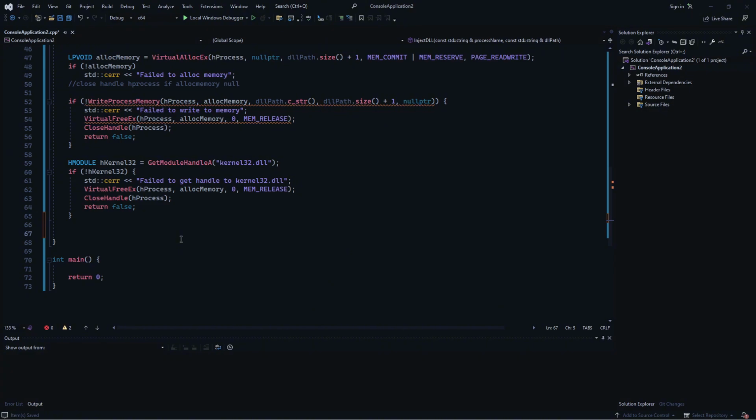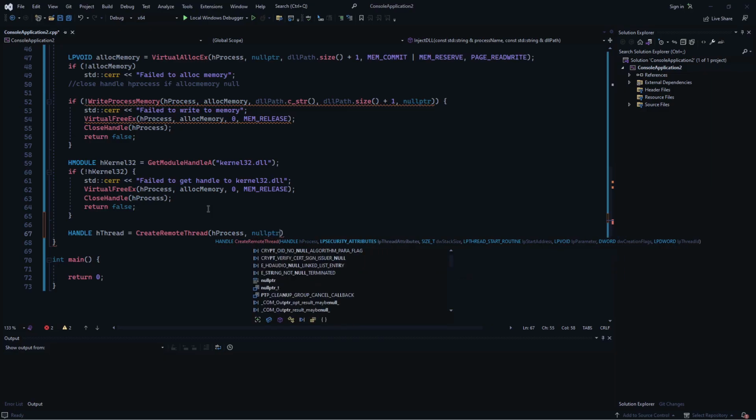And now we create the remote thread, and this is the actual LoadLibraryA I was talking about at the beginning. Handle, again, many handles. hThread equals CreateRemoteThread, and it's going to ask for a few things. Obviously the process first, which will be our hProcess. Then it's going to ask for some lpThreadAttributes. As far as I'm concerned, it should be fine if you write a null pointer here. Then size_t for the stack size,